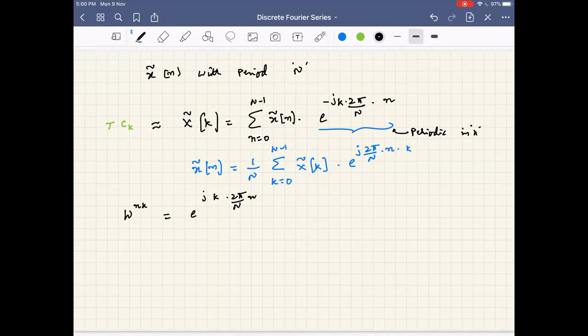See, these discrete exponential basis are periodic with what period of k? Periodic in k, we have written here, right? What period of k? We can see that these are periodic with e^{j 2π/N · n}, k plus N. They will be exactly the same when k is equal to k plus N,